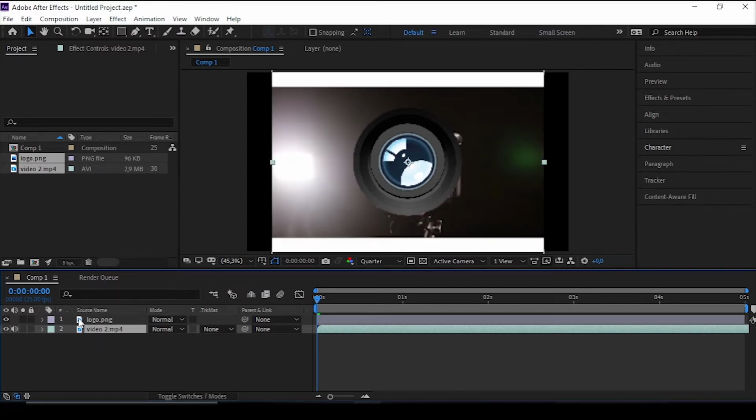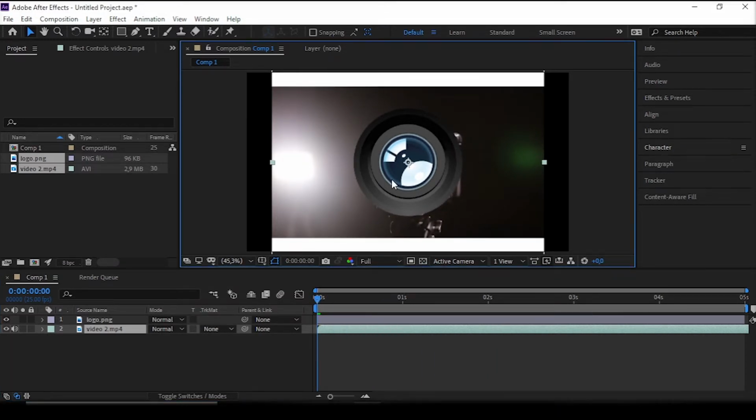Also, you can move the time indicator to any point of the timeline and hit spacebar to play. You might notice it being slowed down or stuck, and this happens because After Effects, in order to preview the video, needs to render it. So if you click here and select full, the resolution of the preview is better. However, this will affect the program's speed and might even lead to its crash. So if you want to prevent that from happening, you should select the quarter resolution, and don't worry about your final product because its quality won't be affected by this.